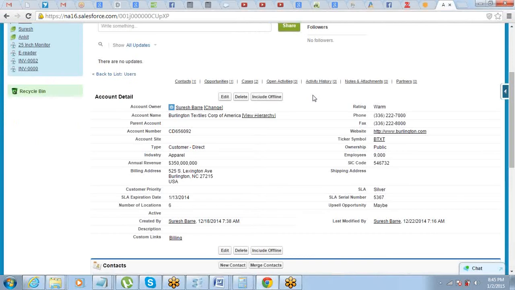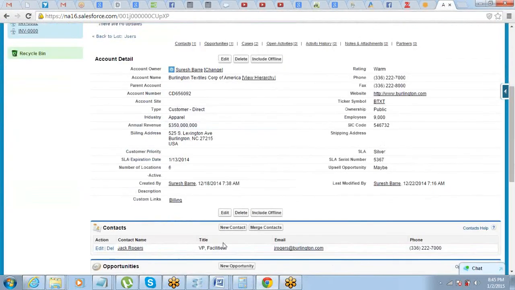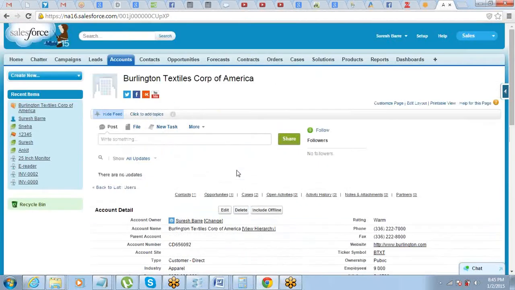Okay, so every object, whatever you see in Salesforce does have page layout. Minimum one page layout is there, they can have more also. You can have multiple page layouts for the same object. Like for account, this is the page layout, right? Your standard objects, custom objects, whatever you have in Salesforce, everything does have page layout, right?